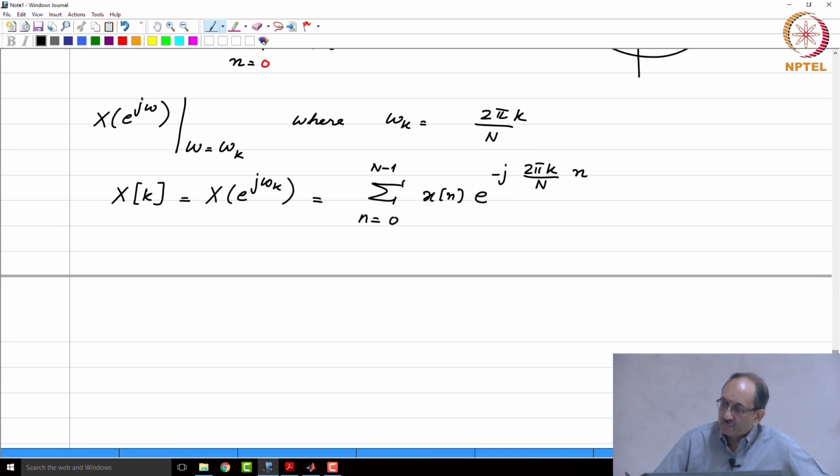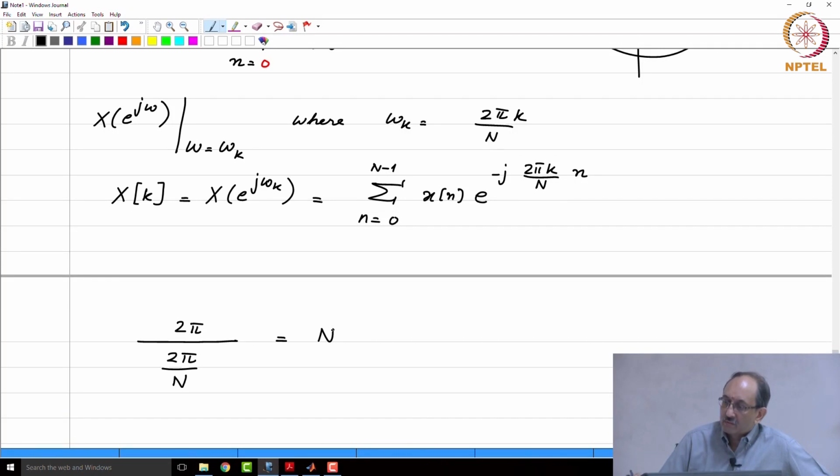Now, the spacing is 2 pi by capital N, and hence in the other domain it has to repeat by 2 pi divided by the spacing, that is, the period,